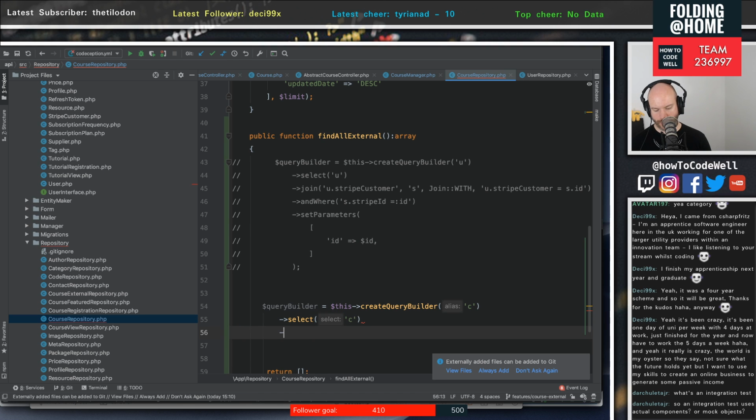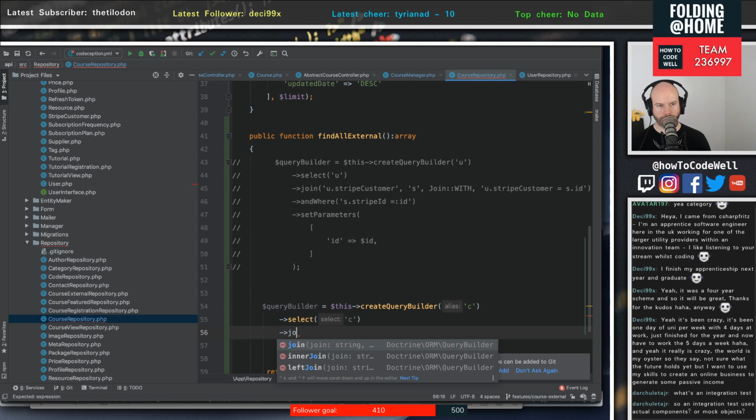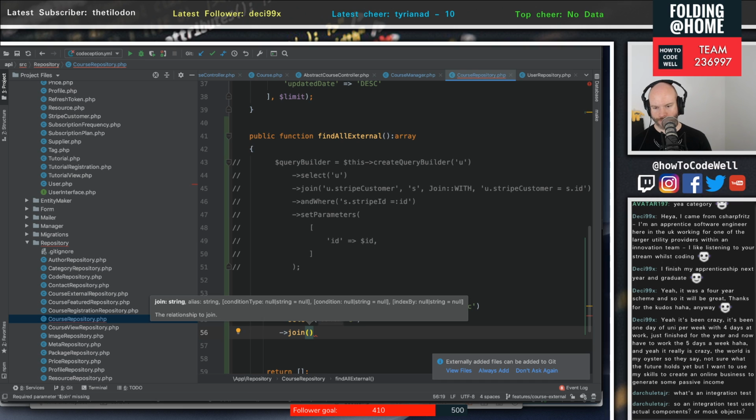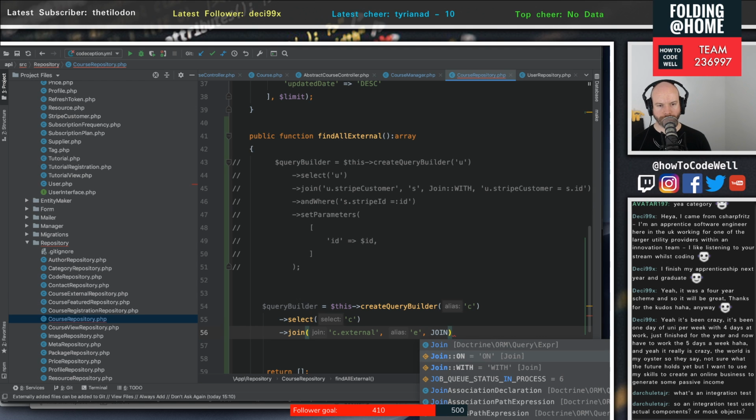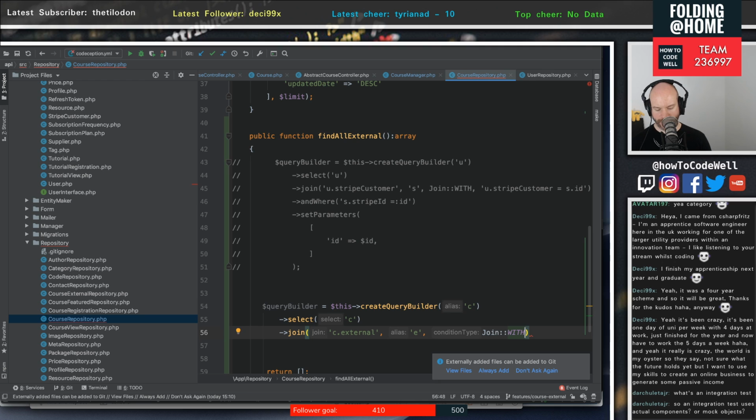And then we want to do a join. We're joining on C external, so that's the external, with the alias of E. And we're using join with, and the condition,